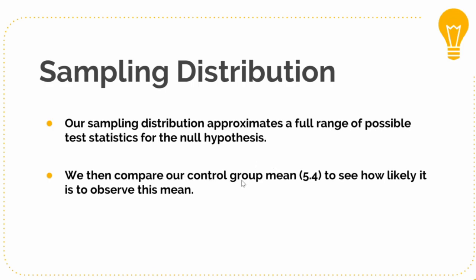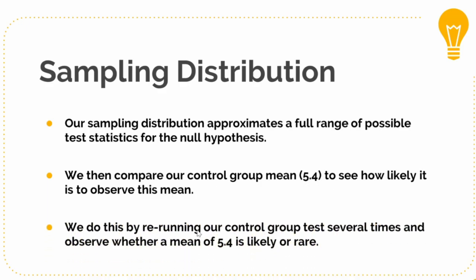We then compare our control group mean, which is 5.4, to see how likely it is to observe this mean. We do this by rerunning our control group test several times and observing whether a mean of 5.4 is likely or rare. Just to give you the gist of what we're proposing, we want to run our control group test again and again to create a distribution of results. We take the means that we get and plot them in a distribution. However,